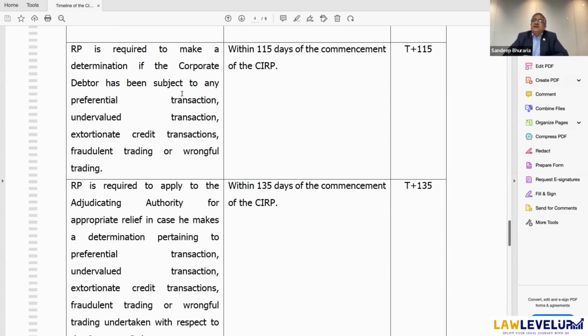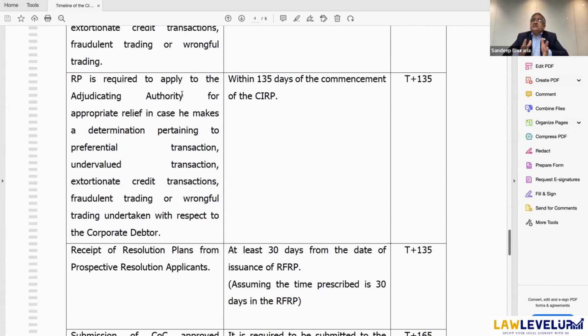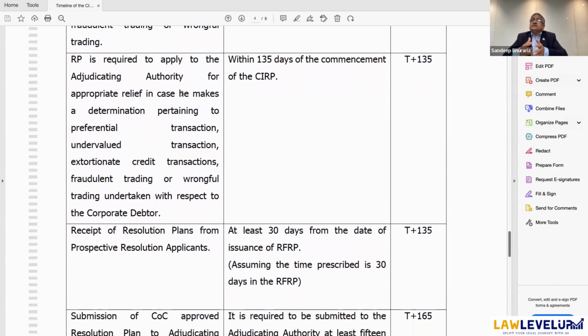to file an application under the relevant provisions, section 45, section 49, section 66, where he will file proceedings bringing it to the notice of the adjudicating authority and requesting the adjudicating authority to declare such transactions as preferential transactions, undervalued transactions, or fraudulent transactions. So once this entire process goes on, simultaneous to that process, the